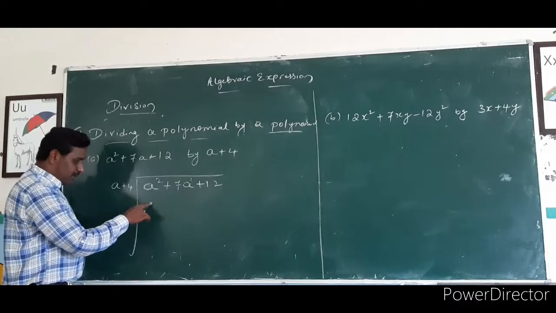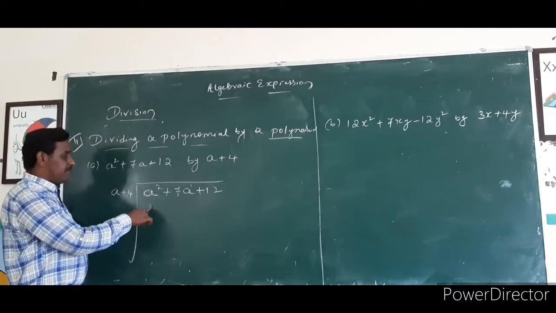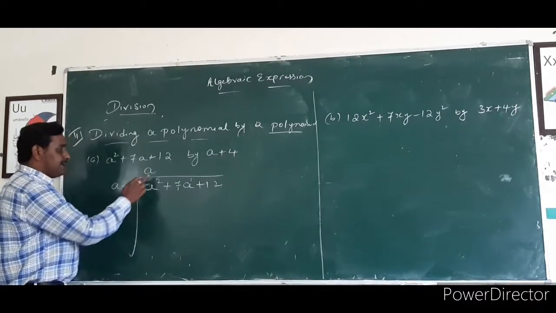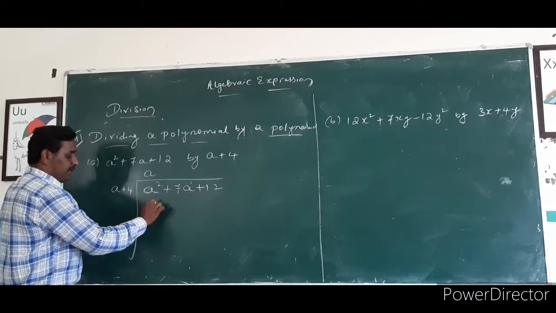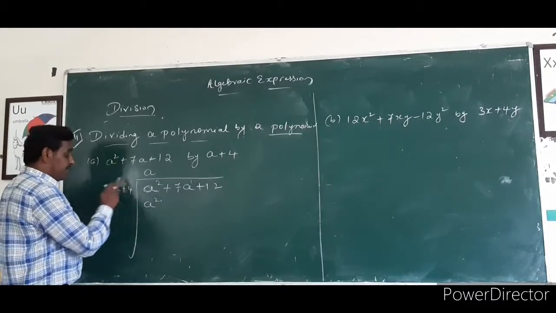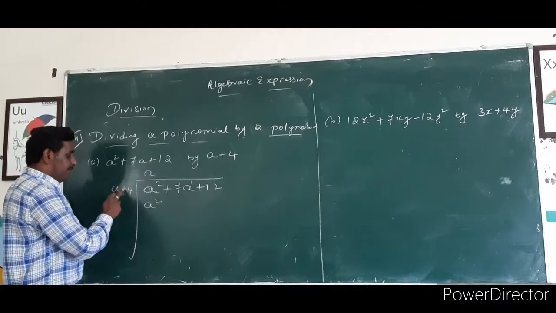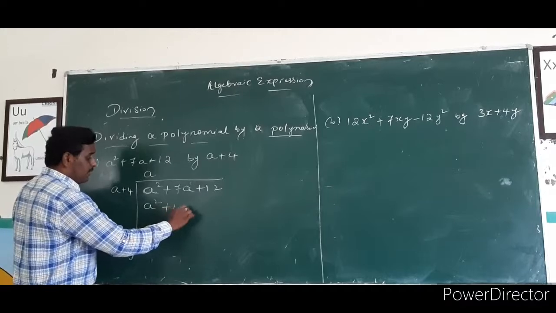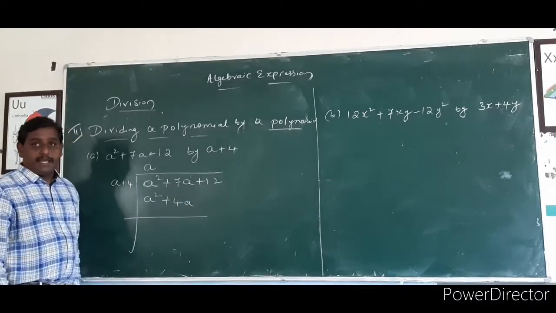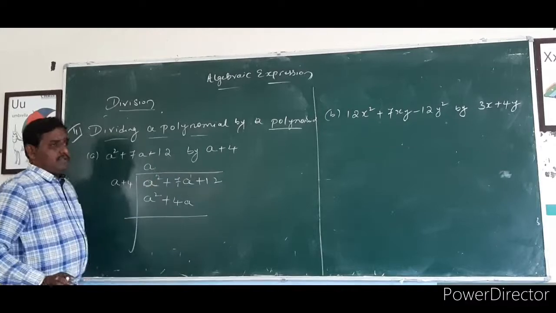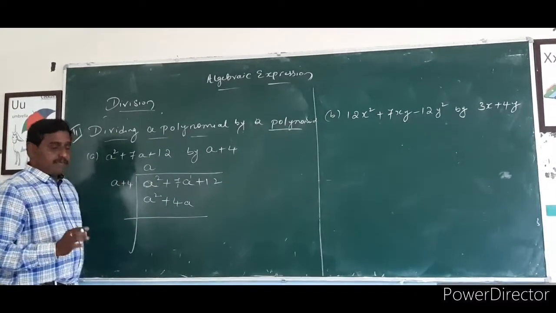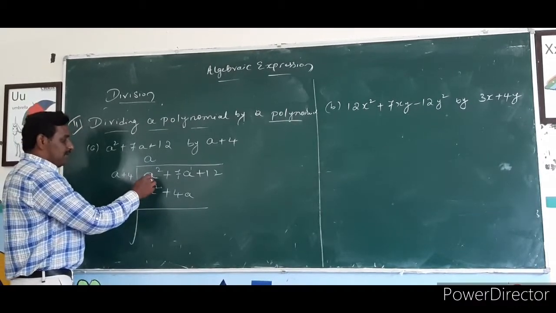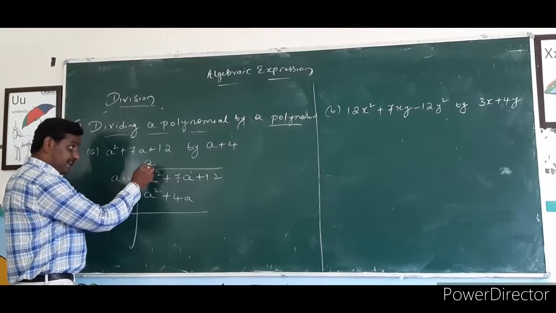For this, if you want the same variable with the same power, what should be multiplied here? I multiply with plus a. Because a into a is a square. Carefully listen. A into a is a square. A, here plus 1 is there, plus into plus, plus. A into 4, 4a. Whatever the second term is, we multiply it too. The first term should match because we want to cancel the terms. So here a square is there, that's why I am considering a here.